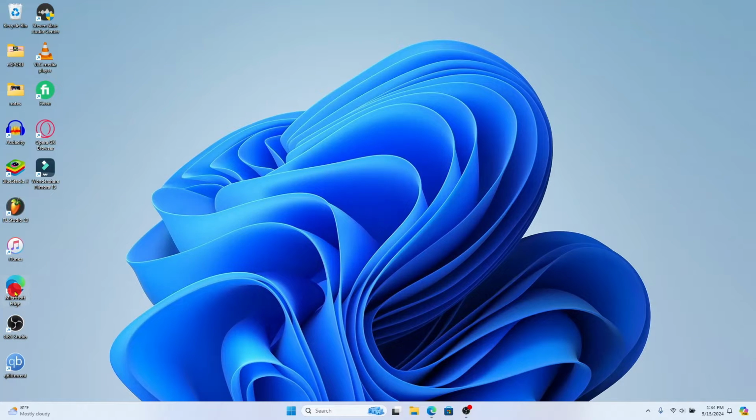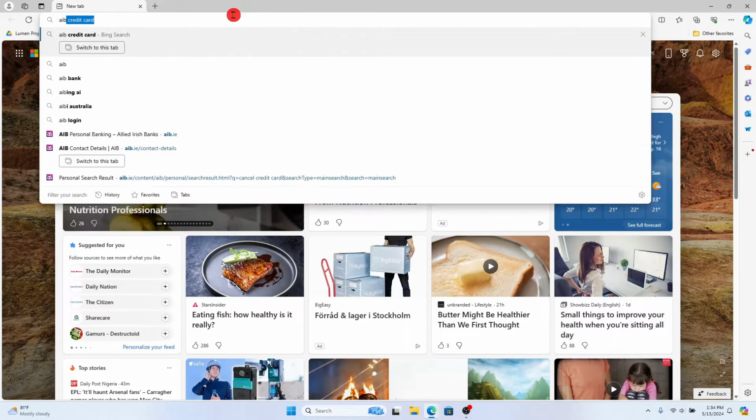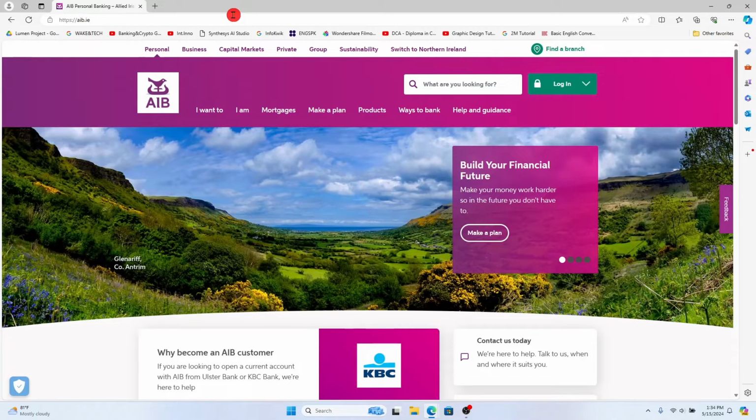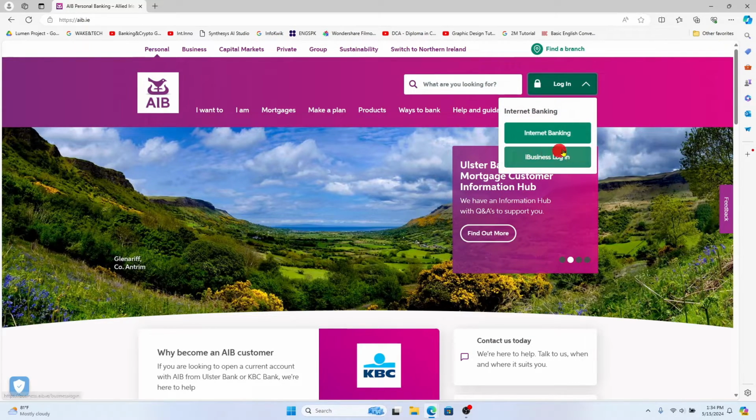First of all, open up your web browser and then in the address bar type in aib.ie and press enter. You will now be taken into the official AIB Bank website. Now from the homepage, click on the login button at the top right corner and choose your appropriate login portal